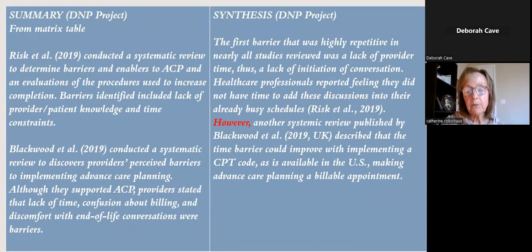Here's another example from the D&P project on advanced care planning. On the left are two systematic reviews exploring barriers to the completion of advanced care planning that are essentially summarized, not synthesized. Each is addressed separately with no connection identified for the reader. On the right, you can see that the project team has reviewed what's included in the synthesis table in totality